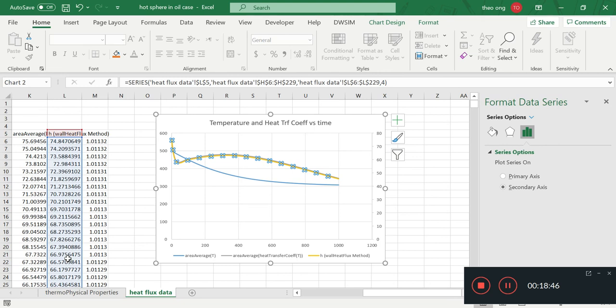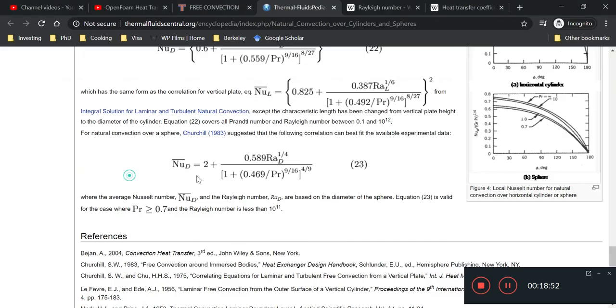Now, the question is, of course, will all these data actually fall within the correlation that is being put here, as we have a plot between the Nusselt number and the Prandtl number. That's a very important question for us to answer, to see whether all our data actually fits into this simulation. And of course, we need to test if our setup is actually